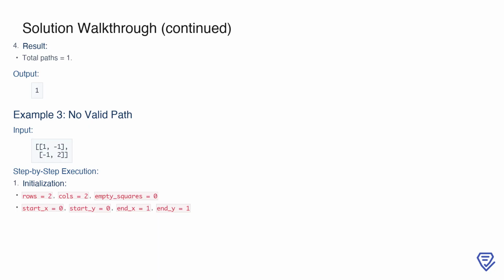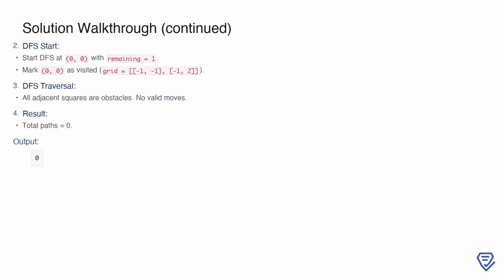Now, let's consider a scenario where no valid path exists due to obstacles completely blocking the way. In the third example, the grid consists of 2 rows and 2 columns, but the presence of obstacles prevents any valid path. The start is at 0, 0, and the endpoint is at 1, 1, with no empty squares to visit. After initializing the variables, we start the DFS from 0, 0, with only 1 square to visit, including the